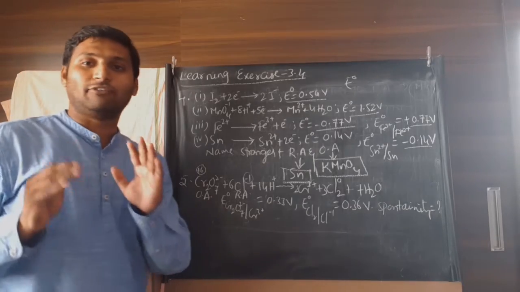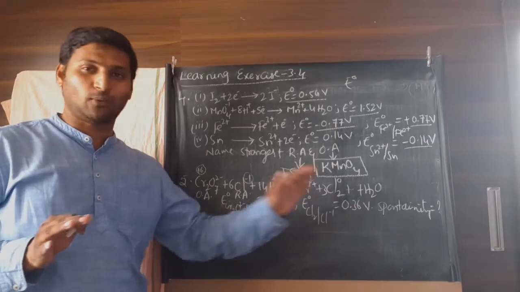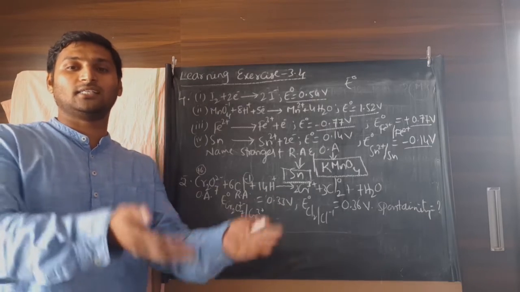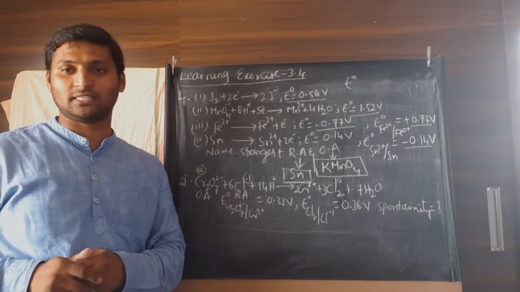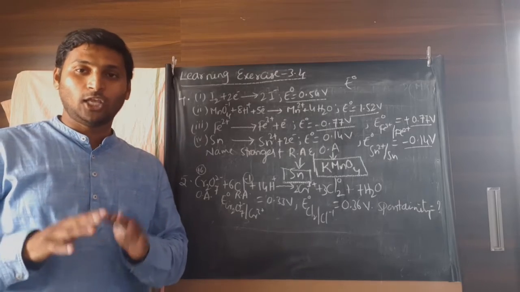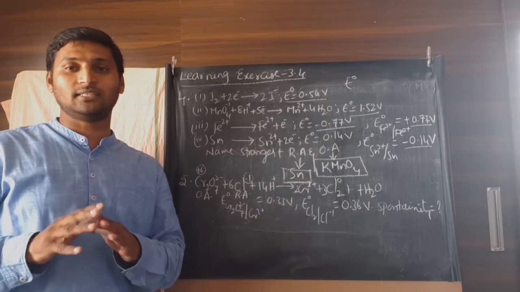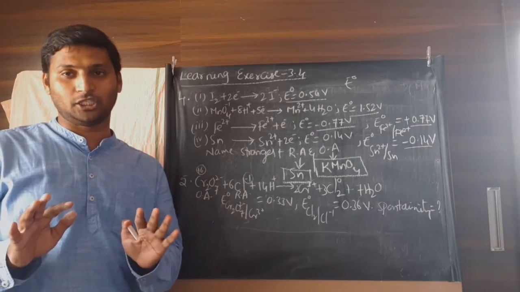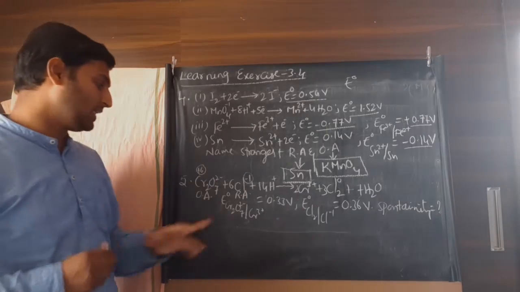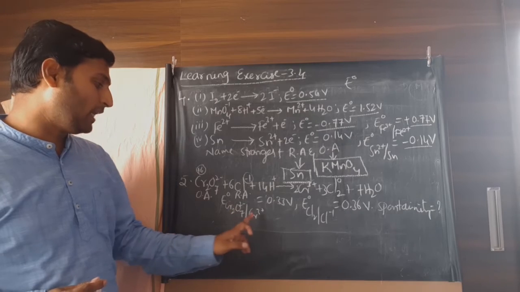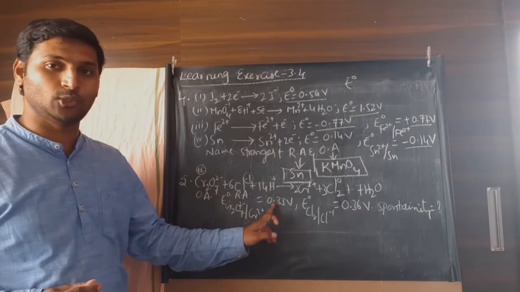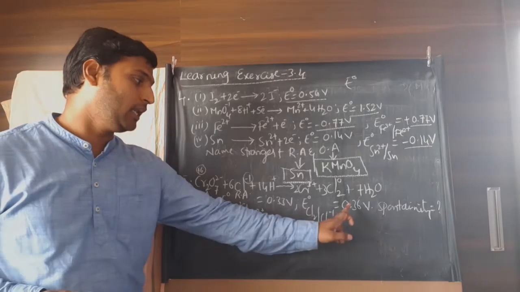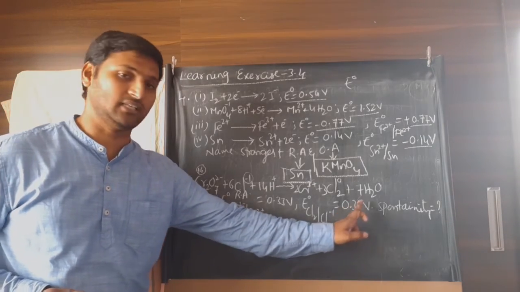Now, of course, in the question, the electrode potential values were not given to you because in the study material, very adjacent to this exercise, you have got the electrochemical series. But don't worry, you need not memorize any electrode potential values. They will be given in the examination. Now, from the electrochemical series, for the dichromate chromic couple, the electrode potential you will see is 0.33 volts. For the chlorine chloride couple, you will see an electrode potential of 0.36 volts.